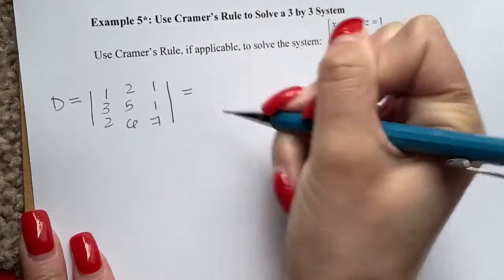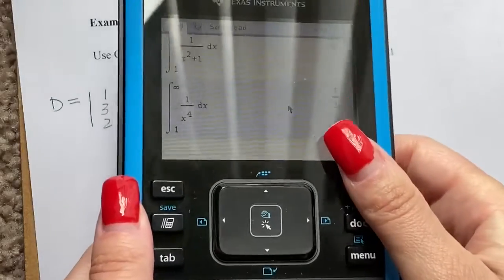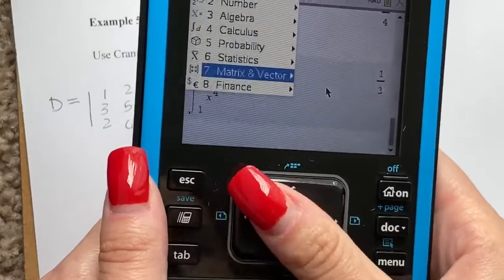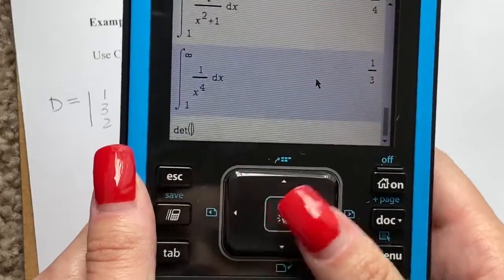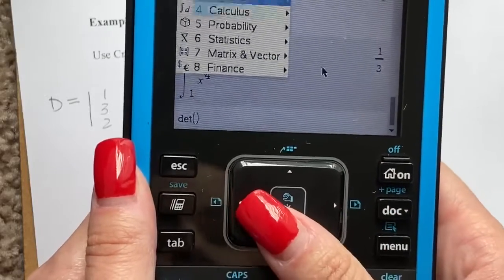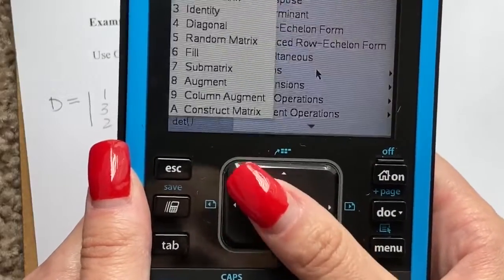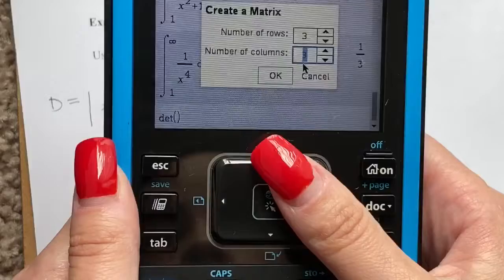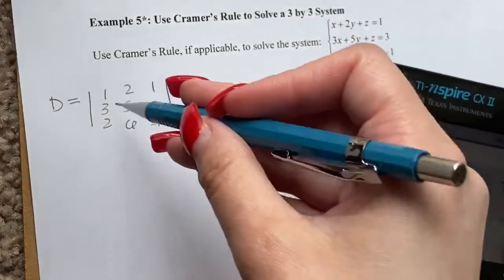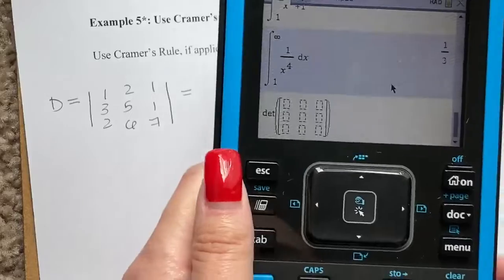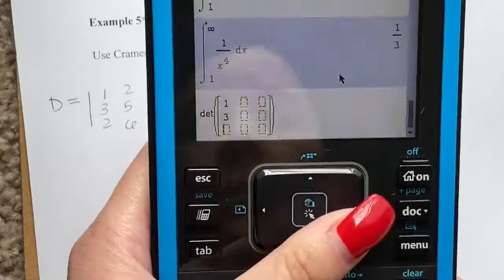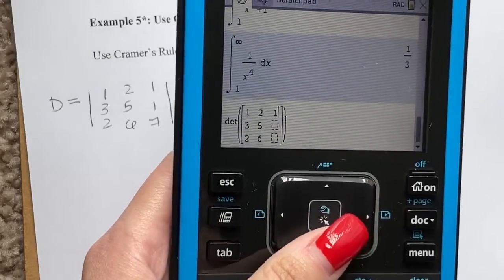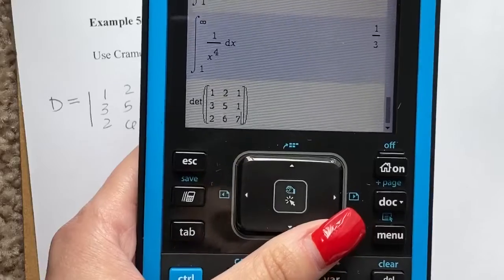If you want to find this determinant, what I would do is go to your calculator. I would go to menu, matrix and vector, then determinant. Once it's blinking there, you go to matrix and vector again and create your matrix. It should be a 3 by 3. Why 3 by 3? Because you have 3 rows and 3 columns. So you just complete 1, 3, 2, 6, 5, 2, 1, 1, 7, and then you find the determinant,